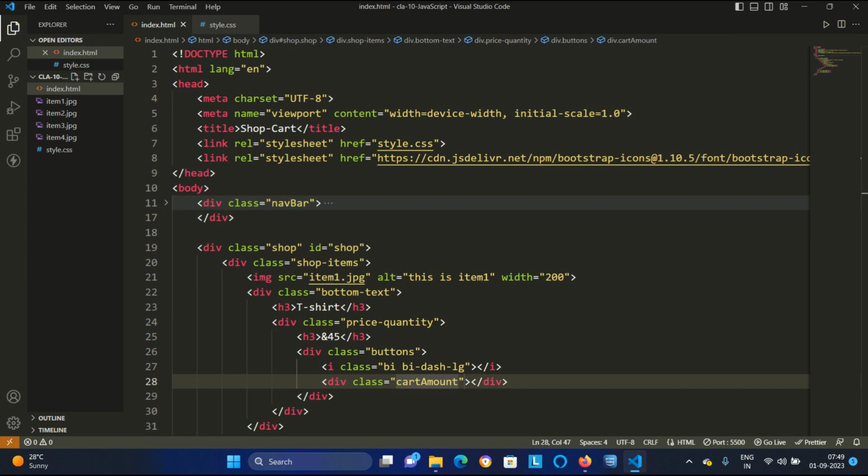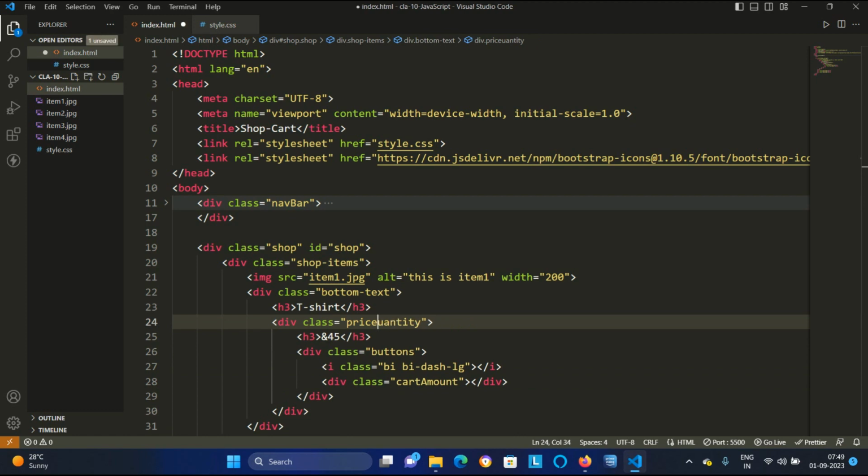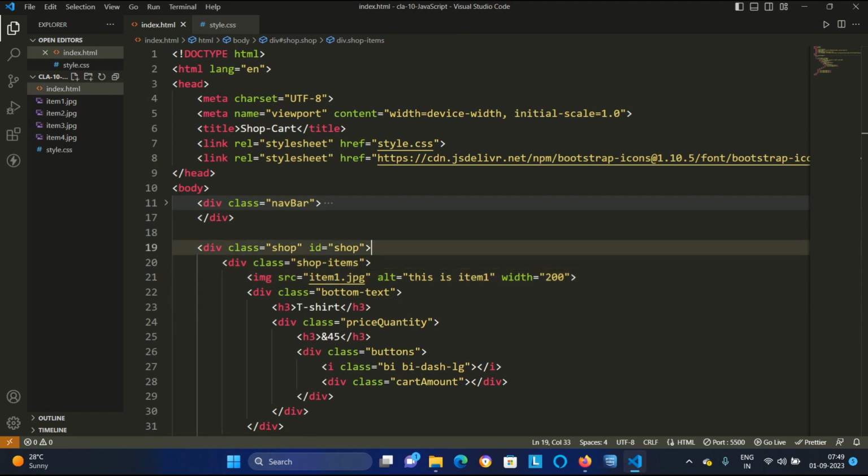I have used the camel cases here, so we'll use camel case here as well. It's up to your wish in which way you are giving the class. Okay, so price quantity is SOAP items.